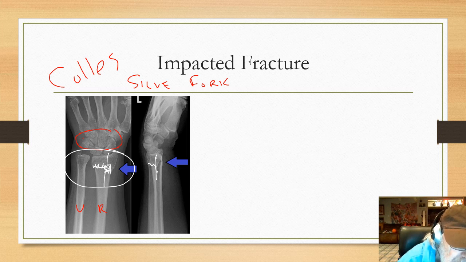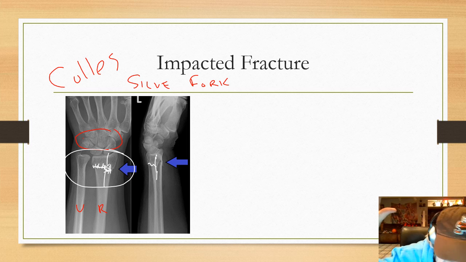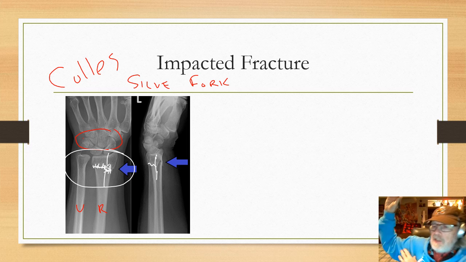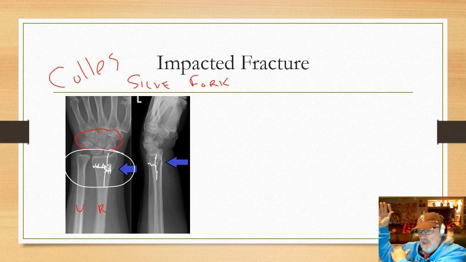Or sometimes what they do is they take the fingers and they put them in what are called finger traps. These little finger traps, they're like little things that grab the fingers, and they suspend it, and then what they do is then they have the arm. I don't have my picture. Let me put my picture up in here. They take the arm this way, and the fingers are in the finger traps up here, and then the arm is like this. Then they put weights here and pull the arm down this way, and very slowly and gradually,